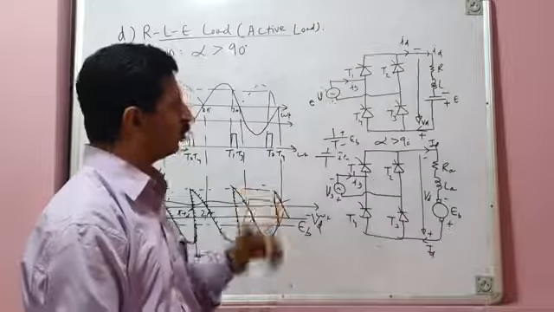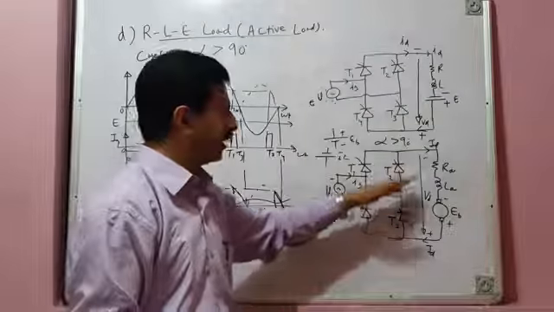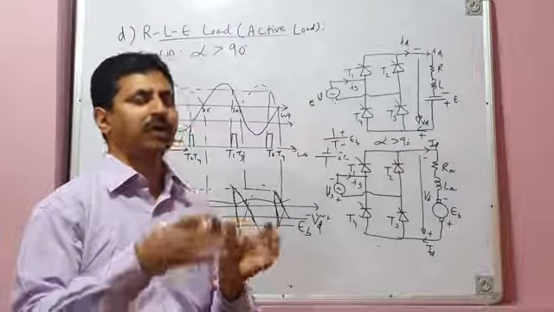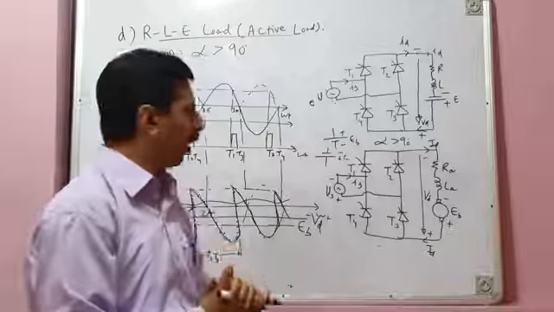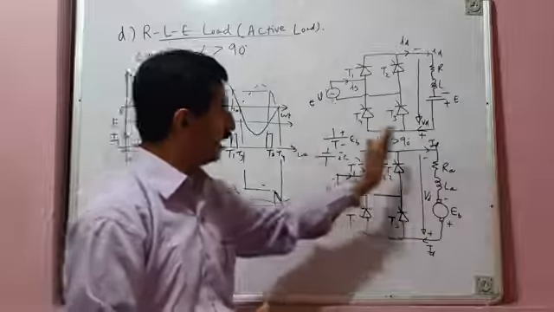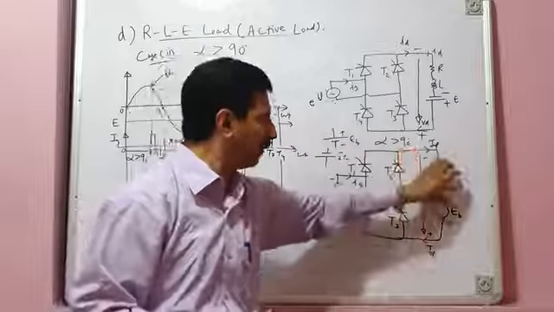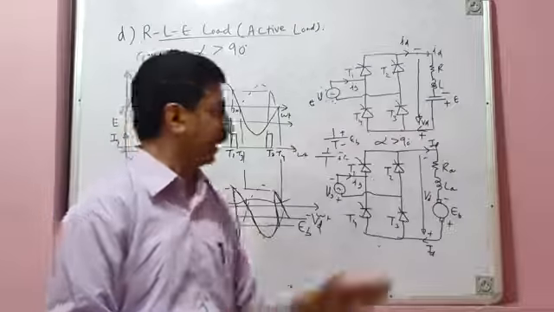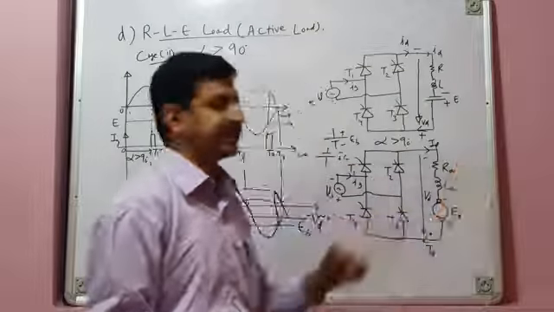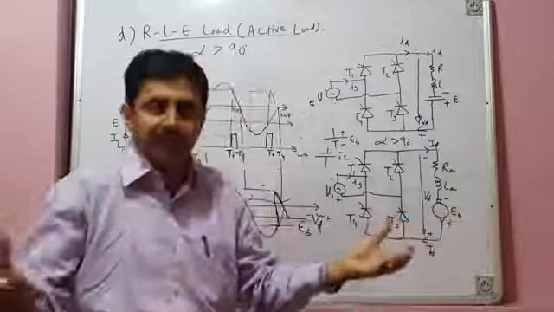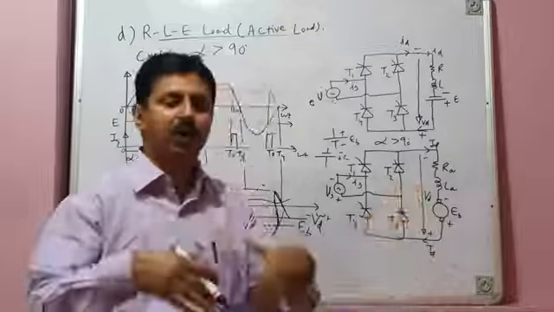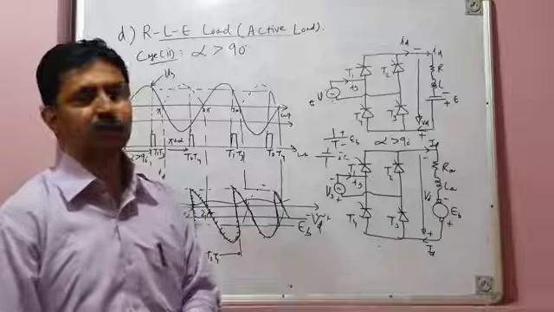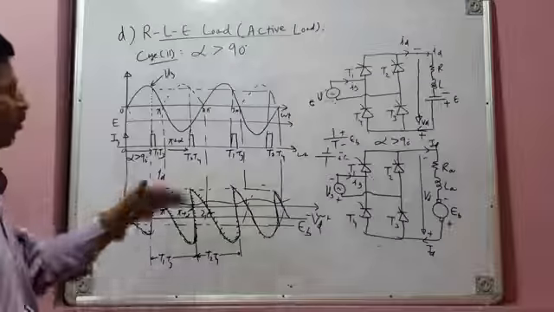So since average load voltage is negative, your converter operates in the inversion mode of operation. Current is positive, but voltage is negative. So what is power? Power is voltage into current. Since voltage is negative, power is negative. That is, power is not flowing from AC side to DC side, or input to output. Power is flowing from DC side to AC side, that is, from output to input. But that is possible only, the energy flow from load to source is possible only if the load has its own energy. And since the motor may be operating as a generator, it generates its own energy and supplies that energy back to the source. So this explains inversion mode of operation.